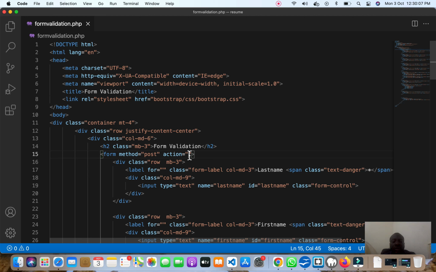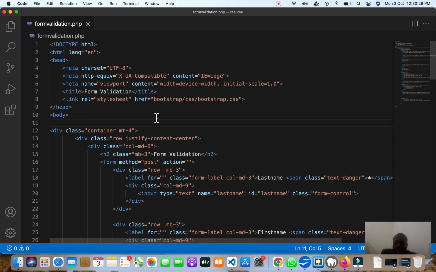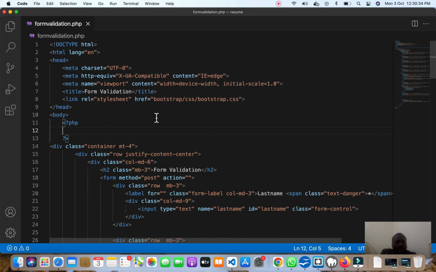to ensure that this form is not vulnerable again to cross-site scripting attack. And we don't want to hard-code the name of the script. So that is a superglobal variable that I'm going to show you now. Open a PHP tag and close it. Then within, let's look at